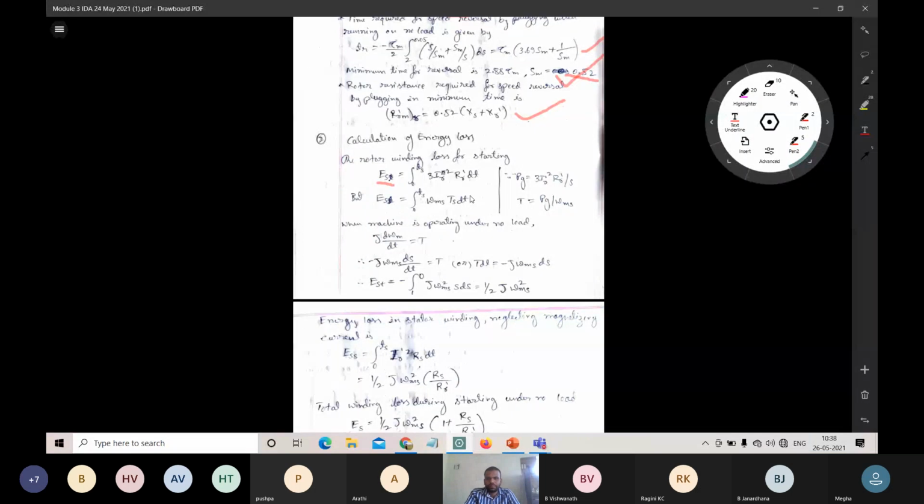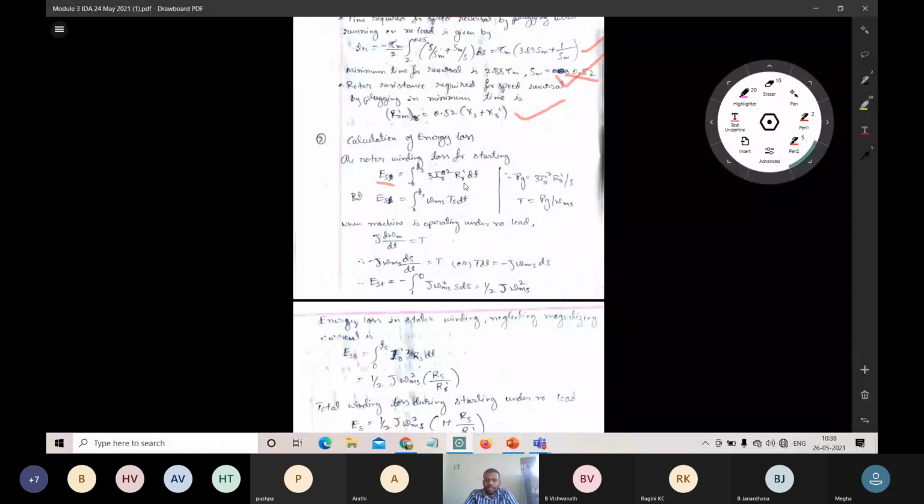So we know that equation. That would be given by 3 IR dash square, where IR is the rotor current and RR dash is the stator-referred rotor resistance. We are using that equation here, and also the power equation, I square R, that is 3 IR dash square. This is the relationship between power and energy: the integration of power is energy.